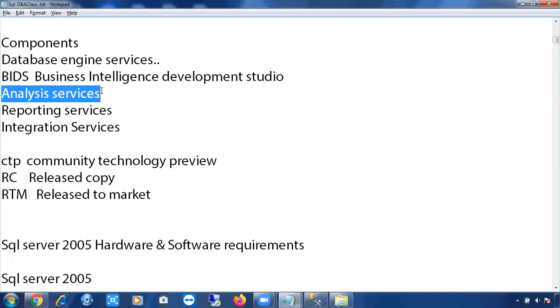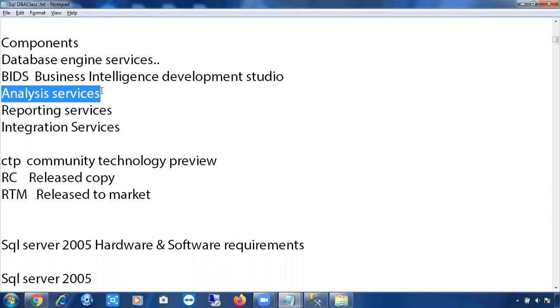Reporting Services is an application which will help you to generate reports by using the data. In the backend, Reporting Services can use either the SQL Server database, or Oracle, MySQL, NoSQL, Postgres, MongoDB, Informatica, anything as a backend database. But Reporting Services is an application which comes with the SQL Server software. If you want, you can install it. If you don't want, no need to select it.